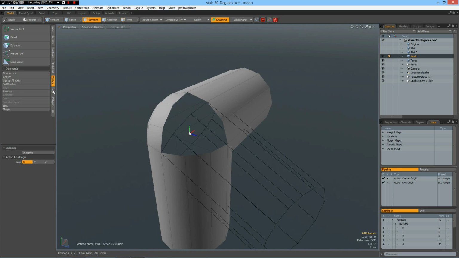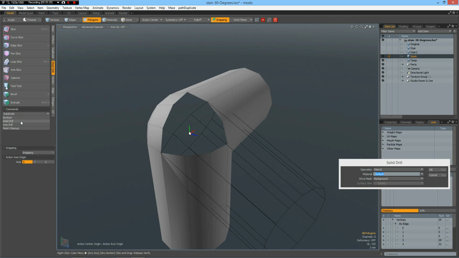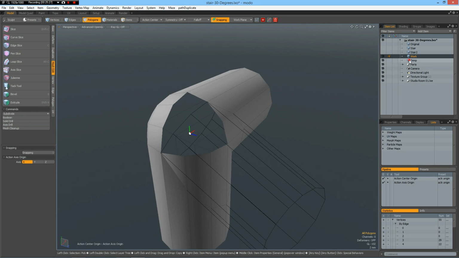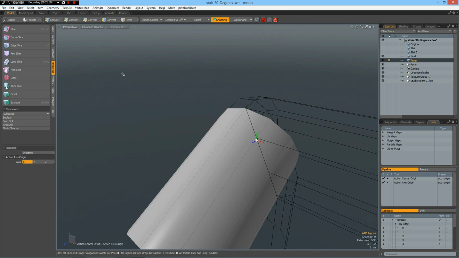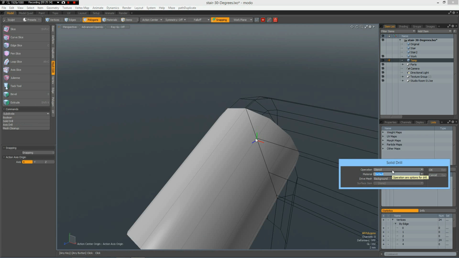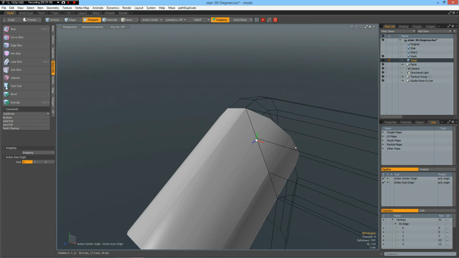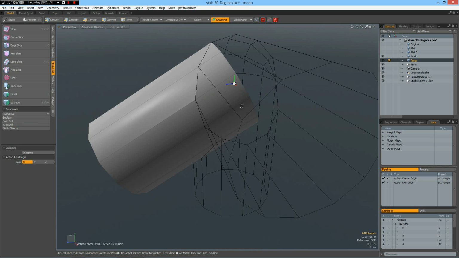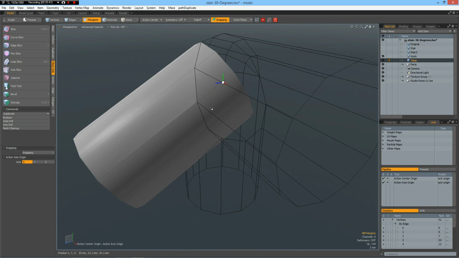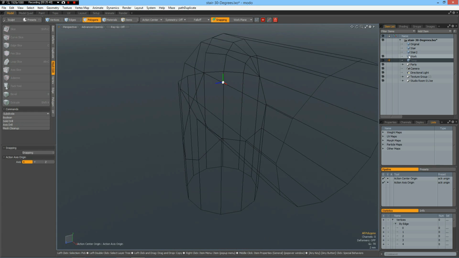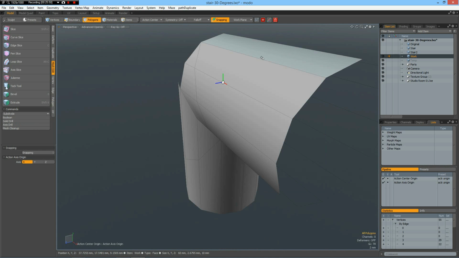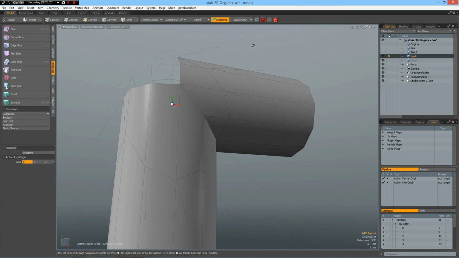Now we can go back to Mesh Edit, Solid Drill, Stencil, and it has done it. Change to the temp, then again Mesh Edit, Solid Drill, Stencil, okay, and it has done this here too. Now we can delete this, yes, Control X, go back to here, Control V, no,